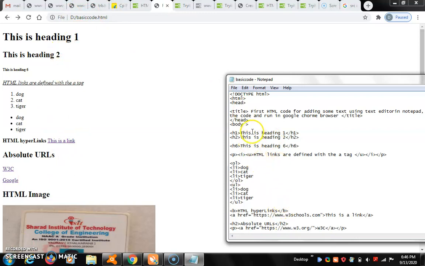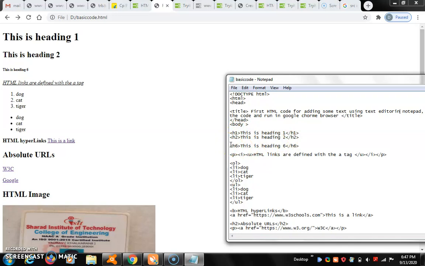The structure starts with the initiation, then the heading of the program, then the body of the program. This only will appear in the execution. Within the body only, the final execution will appear. Here it is an HTML code. In the body, the first heading is in large size, then H2 is the next moderate size, like that H3, H4, H5, each with an open tag and close tag. Likewise the heading sizes keep on reducing.